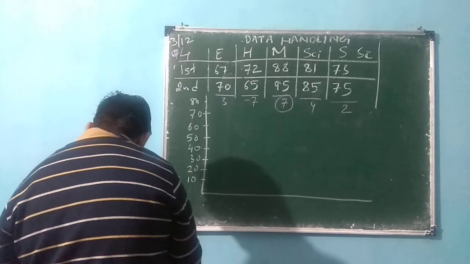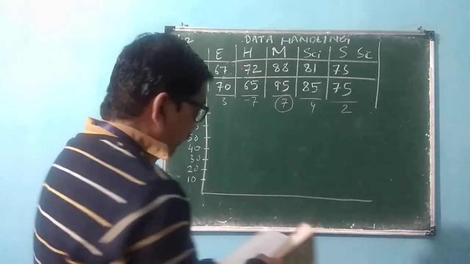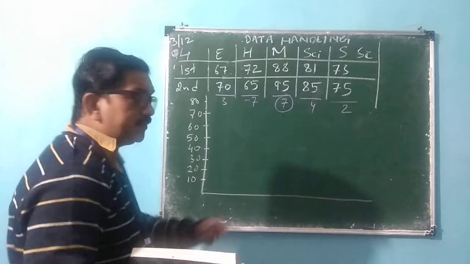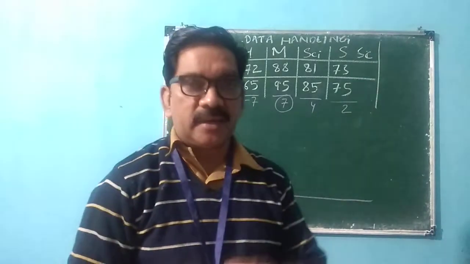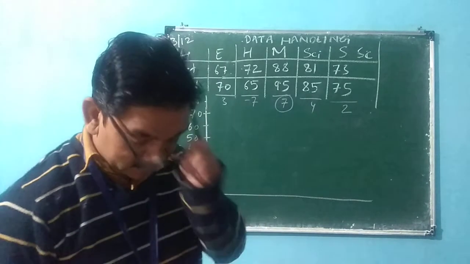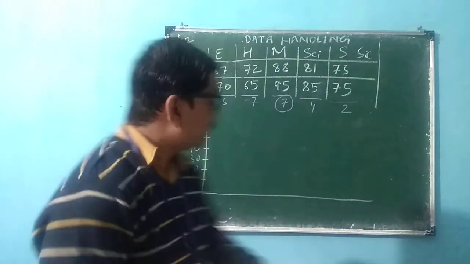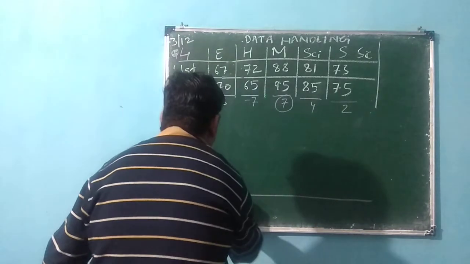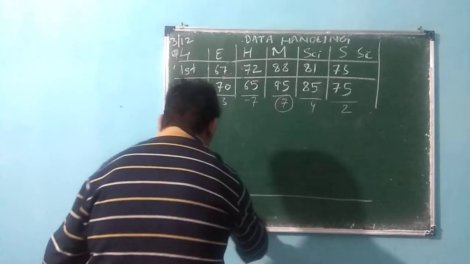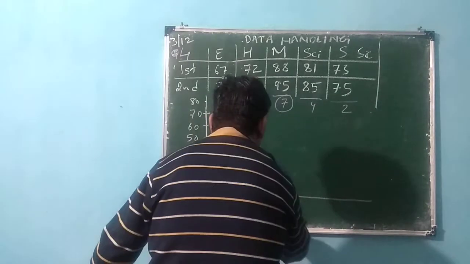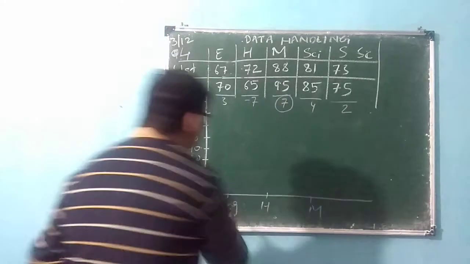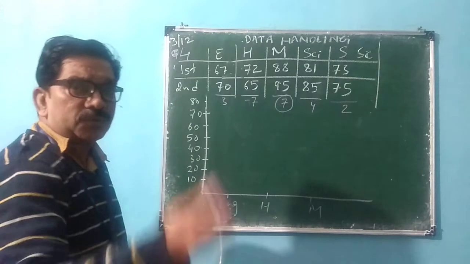Now, this is what we did. I have drawn this graph here. Let us make the subdivided graph, and after making the subdivided graph, I will end the class. Clear? Now there are subjects: English, then Hindi, then maths. I am doing only the 3 subjects. The rest you try to do.